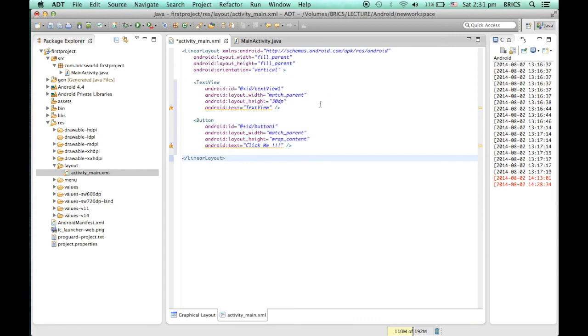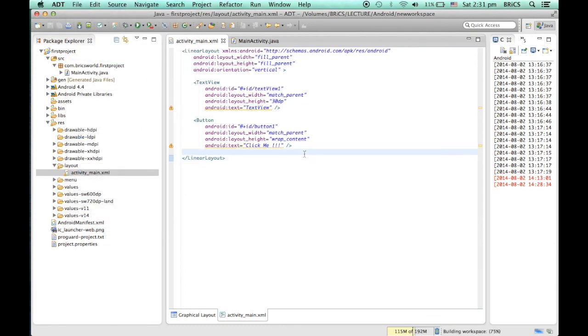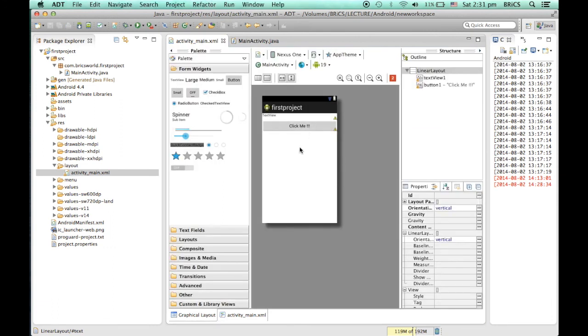After creating this, you can save this file just by pressing Ctrl S, or you can go to this link and press save. So this is saved now, and our activity main.xml layout is ready to use.